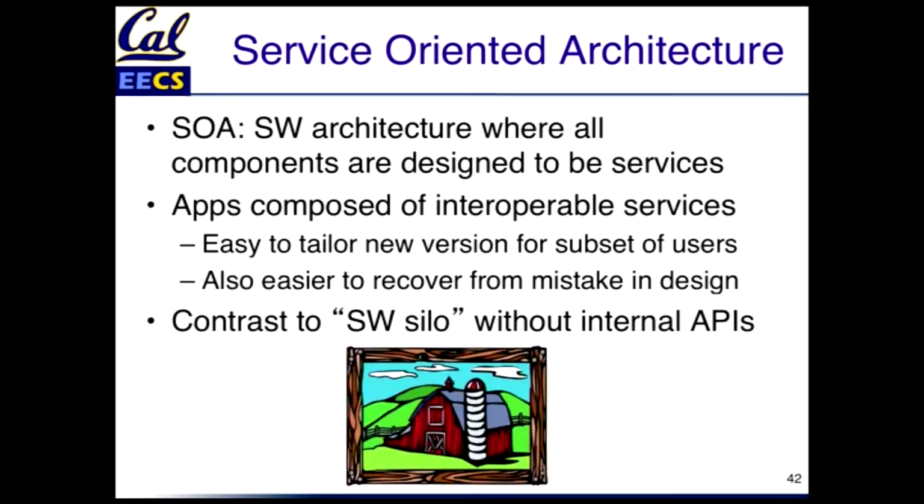Armando and I had to come up with a name for the thing that's not service-oriented architecture, and we think it's a software silo. It's monolithic. It's kind of the way you would traditionally do it. There are no APIs that are visible. Everything's internal. It's the normal way to do it, and we would use a grain silo as the image. We had a hard time trying to explain this,